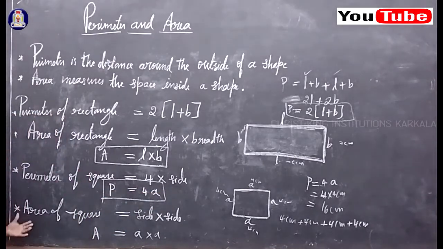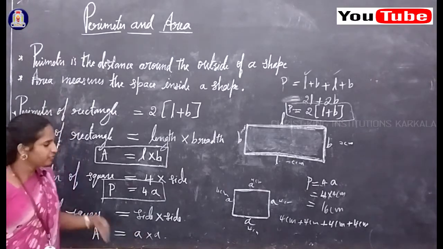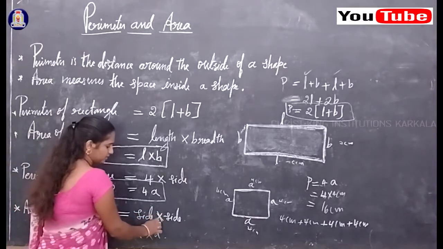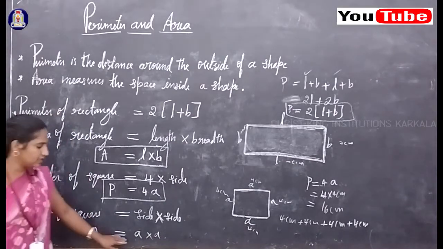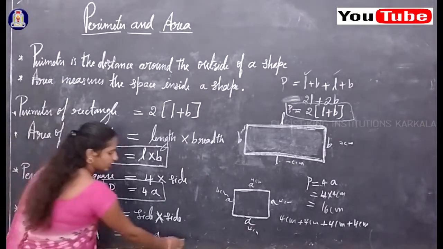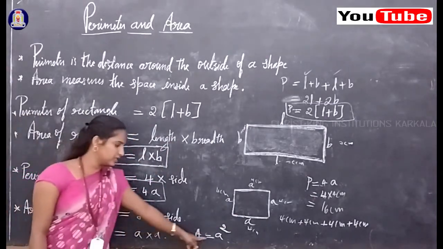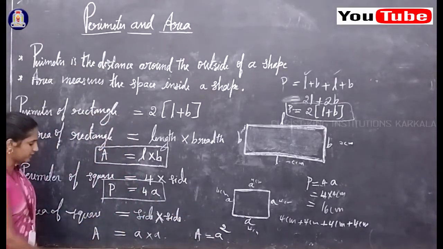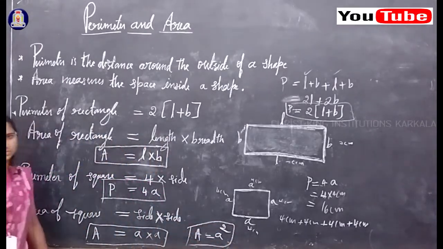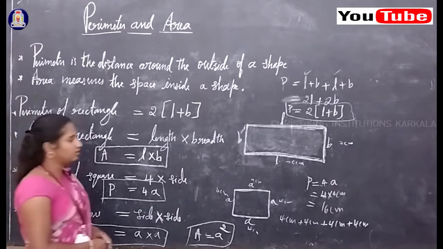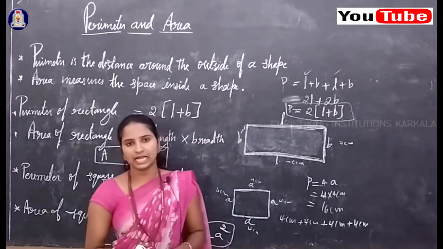Okay. So now you can find the area of a square also. In a square, all sides are equal, isn't it? So now we can multiply side into side. Clear? So this is side into side. The area of a square formula is a into a, or else you can write directly A is equal to a square. a into a means a square. Okay? Or else you can write this formula: A is equal to a into a, or A is equal to a square. Clear? So this is about the formulas to find the perimeter and area of the rectangle and a square.